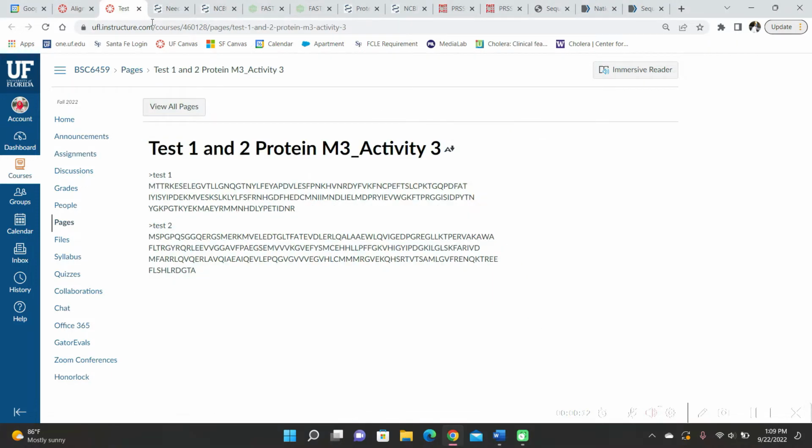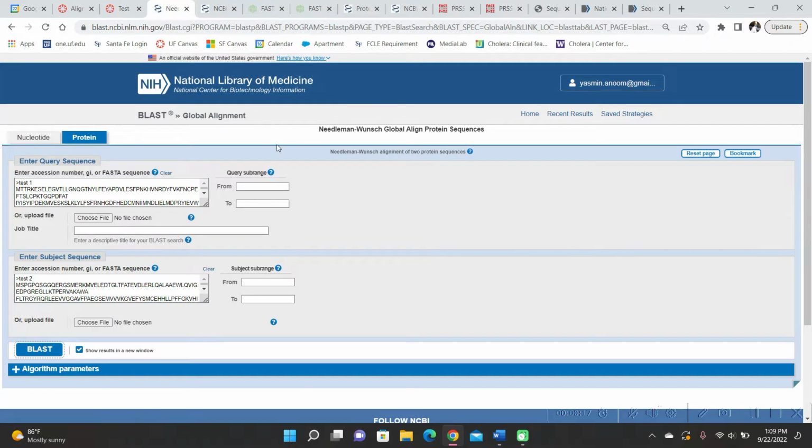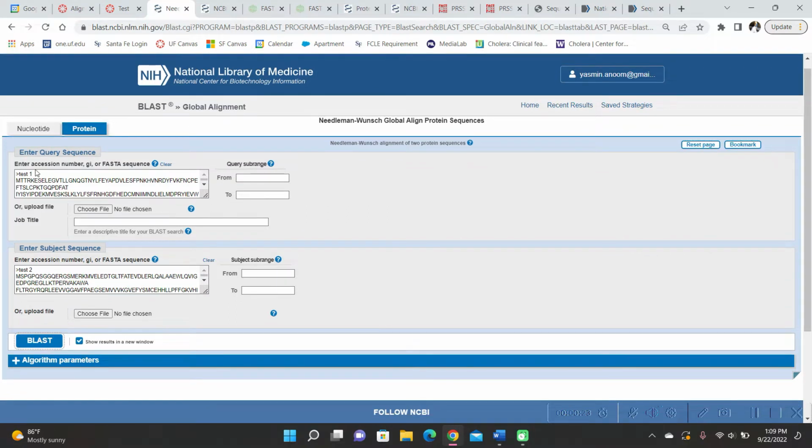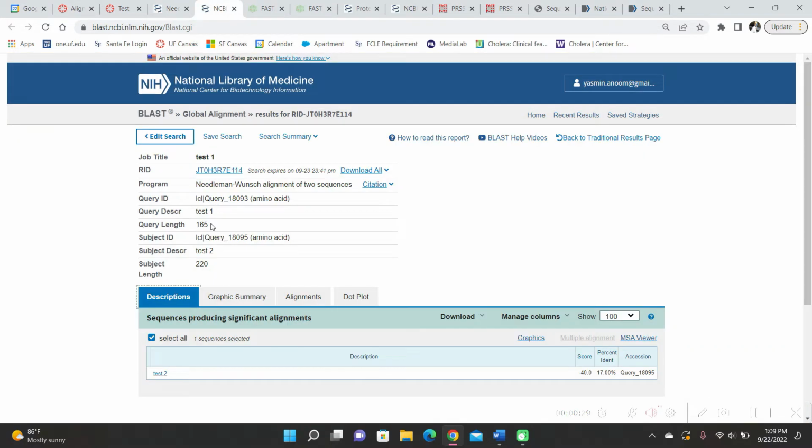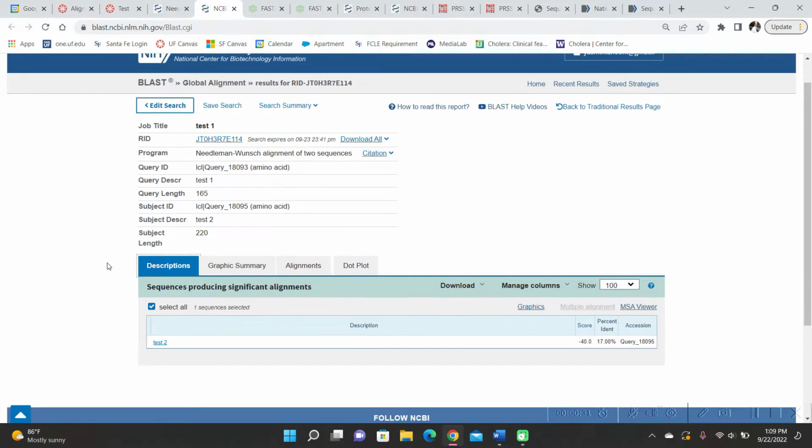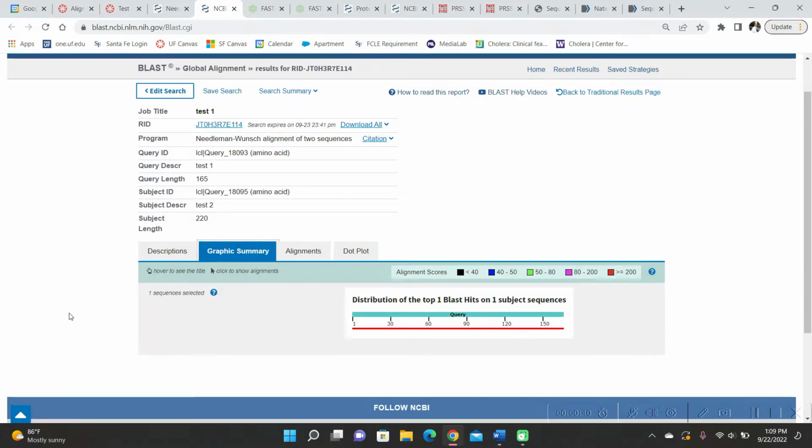So here are the peptide sequences that we need, and I pasted them into BLAST, but you have to specifically click on protein at the top in order for the BLAST to be done correctly. And then I clicked on BLAST, and it showed me the results of test 2. It showed the score, percent identity, and then I clicked on graphic summary where it showed me the alignment between